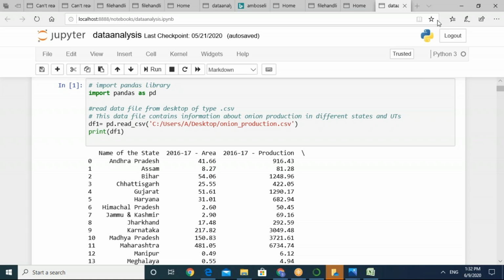So I'm taking you back to the code part. So what I have done here, just like a file handler, I have used here a variable df1. So this df1 is equal to pd.read_csv, and in that I am passing the complete path. Fine. So we are passing a complete path, and then you can print this df1 variable.